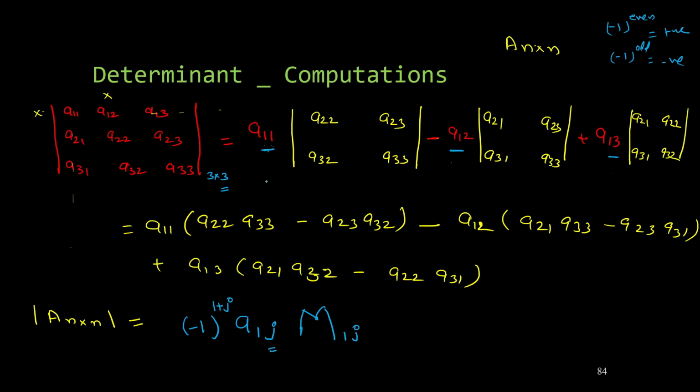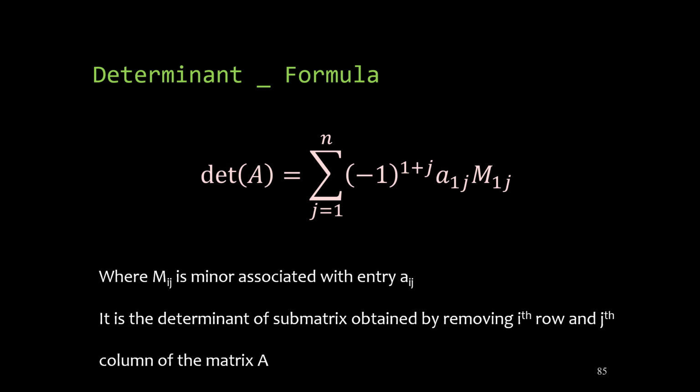And finally we are adding all these steps. This is the first step, second step, third step. For a 10 by 10 matrix we have 10 steps. So we are adding all these terms for all values of J, where J starts from 1 and goes up to n. This is just the general formula to find the determinant of an n cross n matrix. Don't worry if you don't want to look at the formula, or if you are not comfortable computing the determinant yourself. This was just to give you an idea about how the determinant is computed.